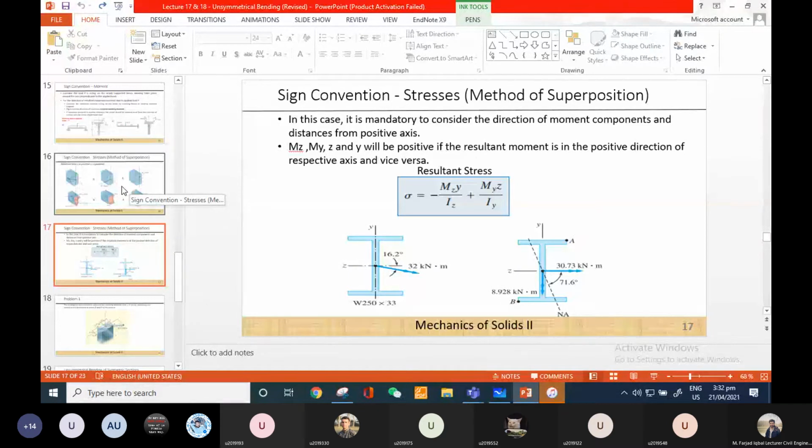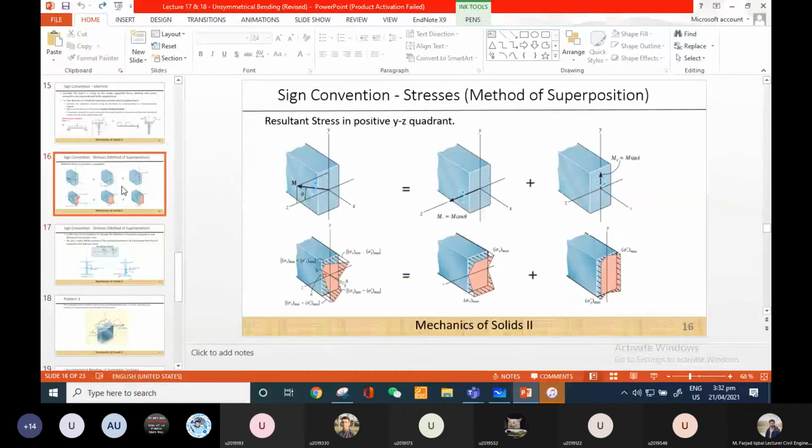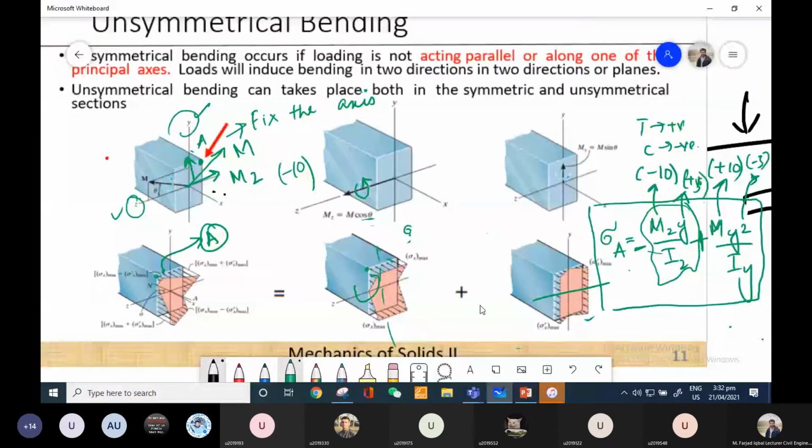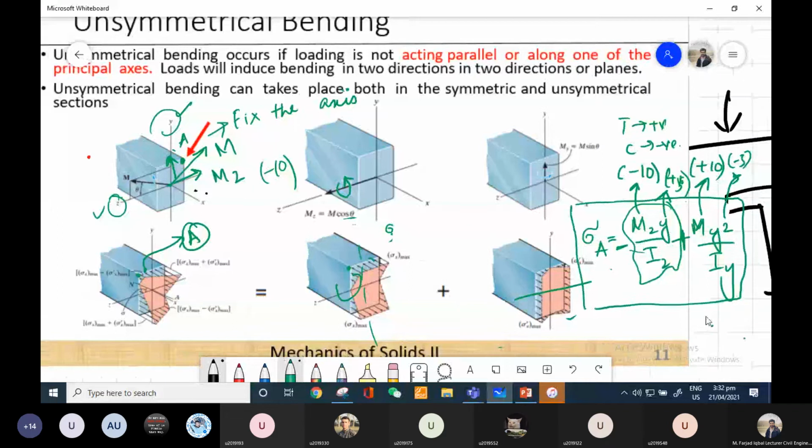So this is about the sign convention of the movement. And there is another thing: how can we figure out the direction of the movement? The question will give us the direction of loading. It won't provide in which direction the movements are acting, or where we should put the double-headed arrows. For example,